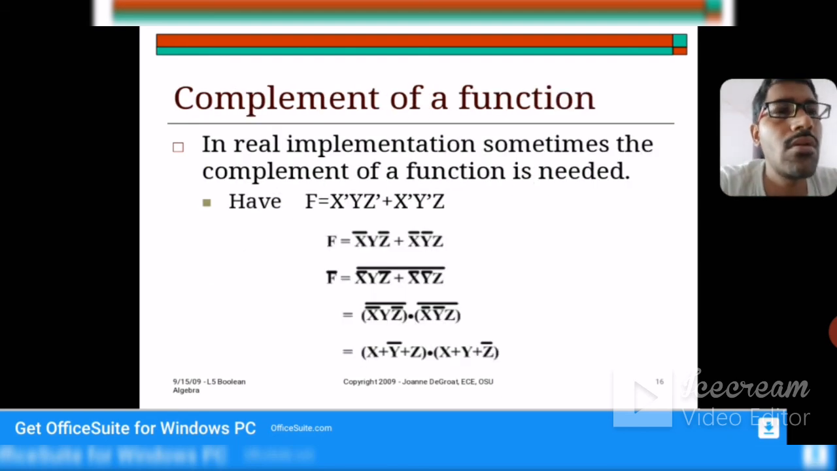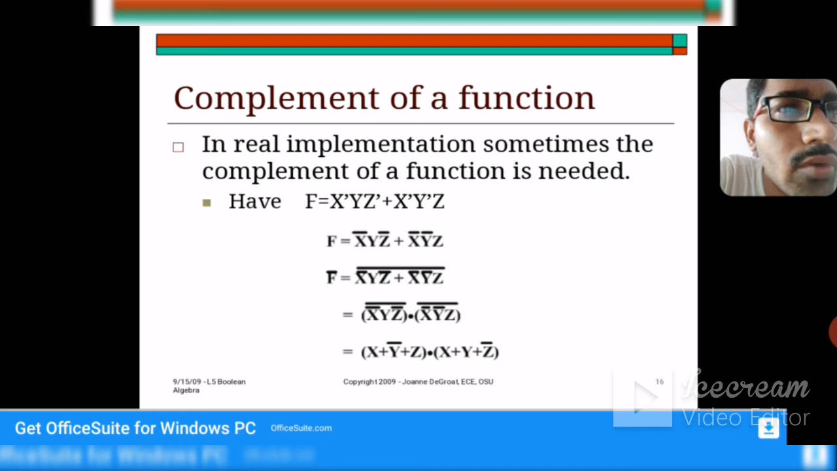Now, how do we calculate the complements by using De Morgan's law? See, complements of a function. If I have a function f equal to x bar y z bar plus x bar y bar z, if I want to find a complement, I have to calculate f bar. F bar is the whole bar of f. So as you can see in the figure,